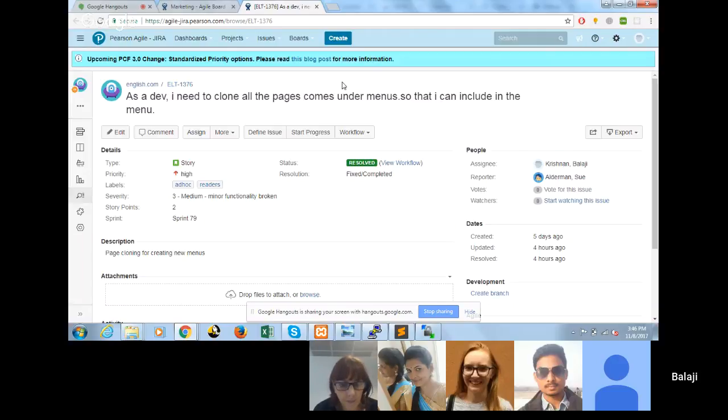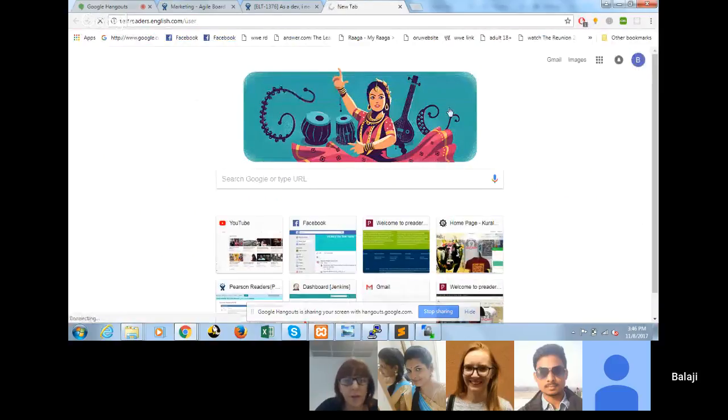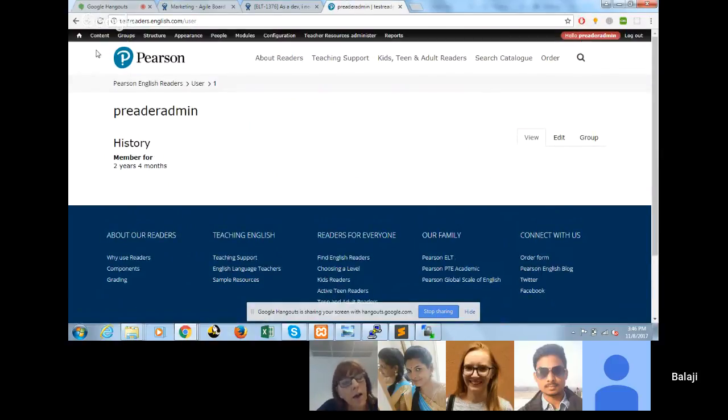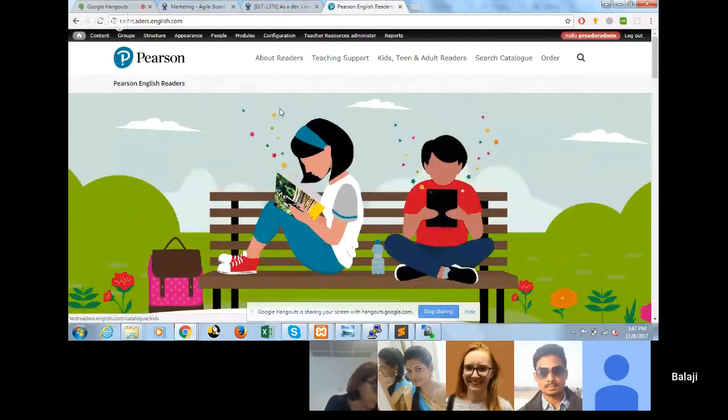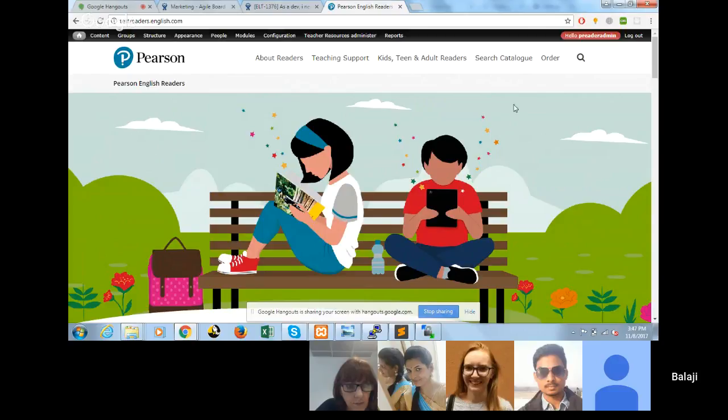Now I have removed the Drupal menu concept. Instead of that, I'm using Drupal blocks. It is very simple to use and very simple to handle. I'll just show the demo to you. Before, if we wanted to add or edit the menus, we needed to go to structure and menus, then the particular menu name, then make the changes. But now I have changed it to a block, so we can change all the contents from the page itself.